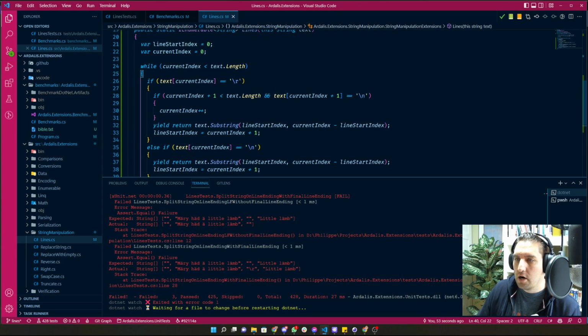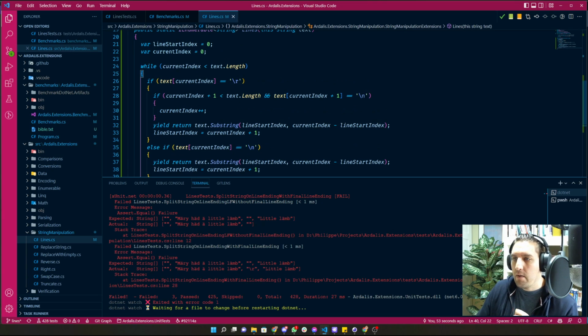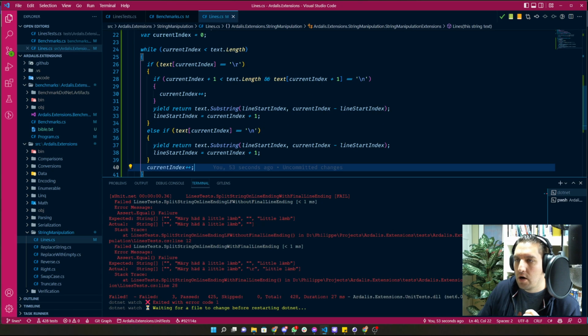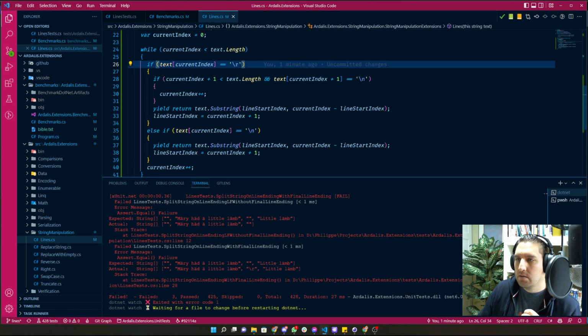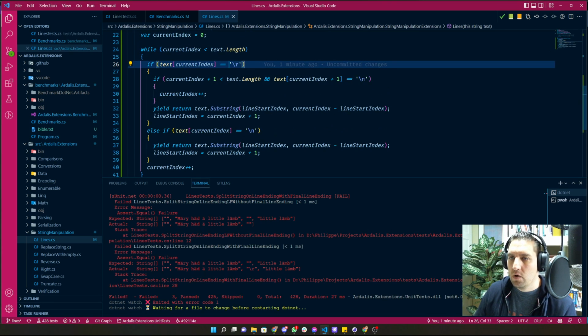So we're splitting on \r. Current index plus 1 is smaller than text.length and text... Oh, right. Okay, so first it's checking to see if we're hitting \r, then we're checking, is there \n right after it? But we're also checking because we could have an \r at the end of the... You know what? Instead of trying to debug this one,